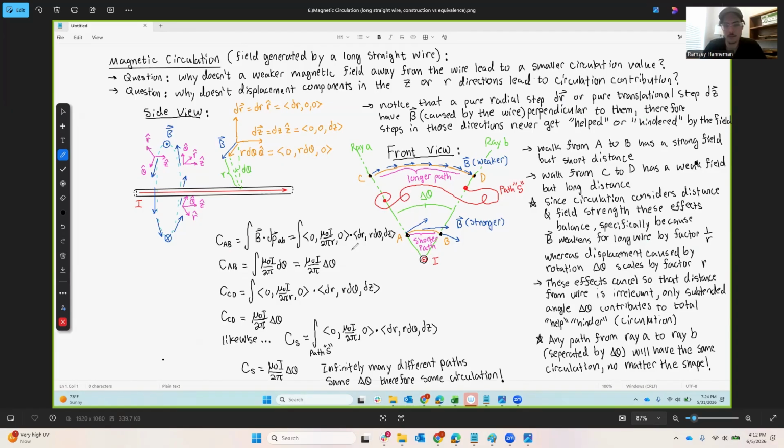That's where the math came in, right? When we saw this r d theta cancel the radius with the mu naught I over 2 pi r, what that was telling us is that the field decays at a rate of 1 over r, and the length increases at a rate of r. So in other words, you've got an increase with r, you've got a decay with 1 over r. And so just for this specific field, it works out to be only angle dependent